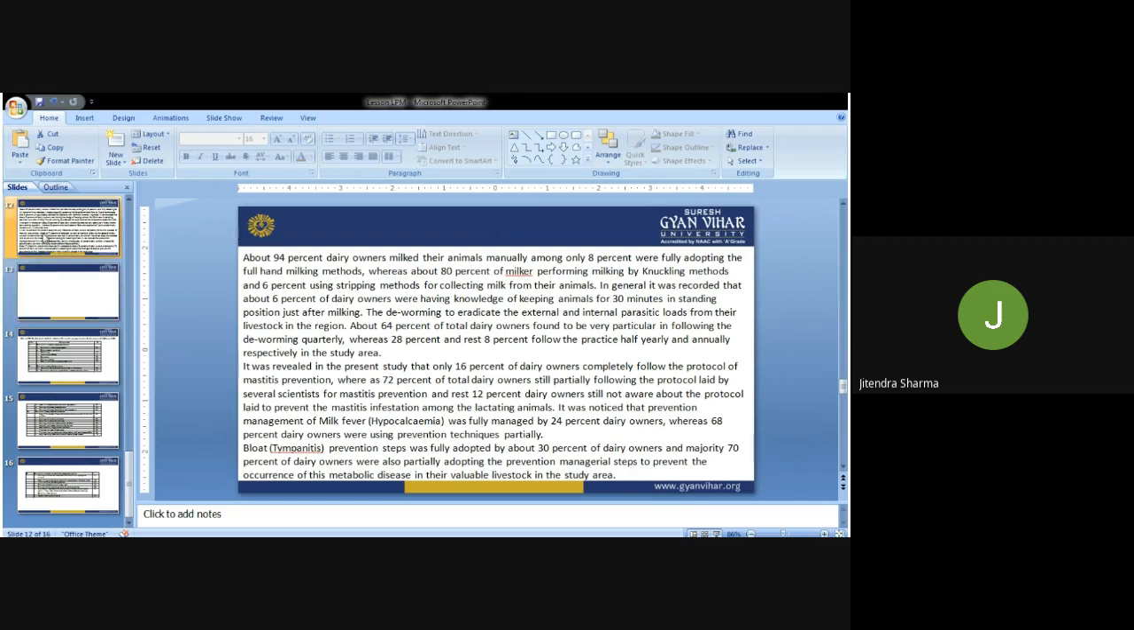On the basis of that, we have discussed the entire thing, that is, what is the technological gap between the farmers and the scientific parameters laid down by the scientists. So on the basis of that, we